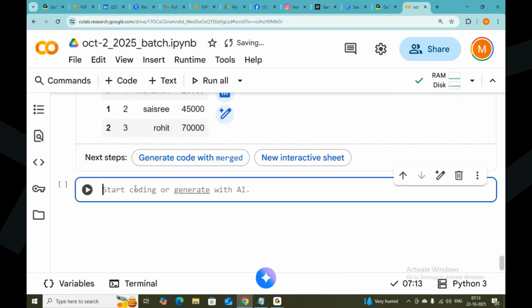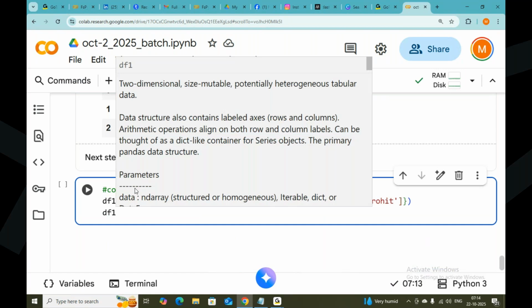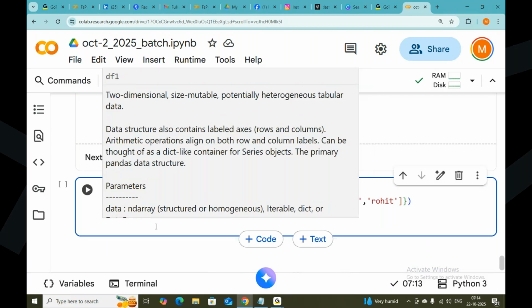Okay, now I need to go with the concatenation. How is the concatenation going to work? This is data frame 1, which is going to have similar key value pairs. Then only concatenation is possible. Okay, now